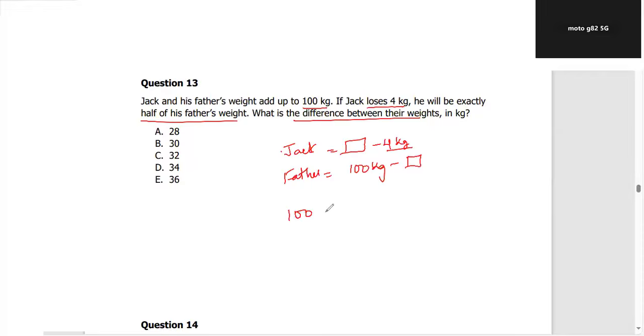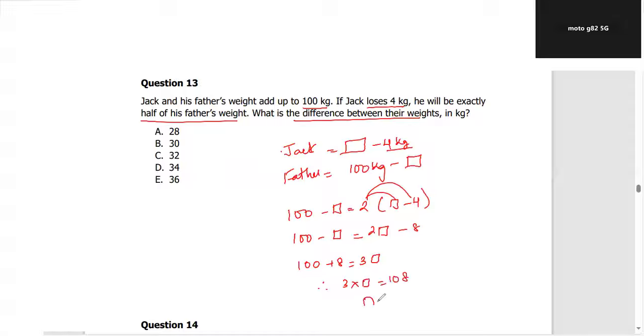So basically, this is the father's weight. And if he loses 4 kg, he will be half of his father's weight. So the equation will go like this. Or he'll be half of his father's weight. So that means his father will be twice his weight. So we solve this. So this is 2 box into 8, like 2 into this, 2 into this. So this will be 100. This comes here. You can do it by way of x as well. This will go here. So you have 3 boxes. So basically 3 into what will give you